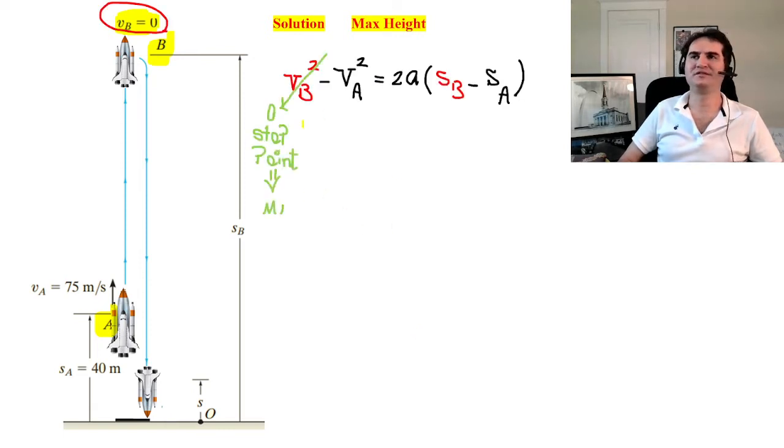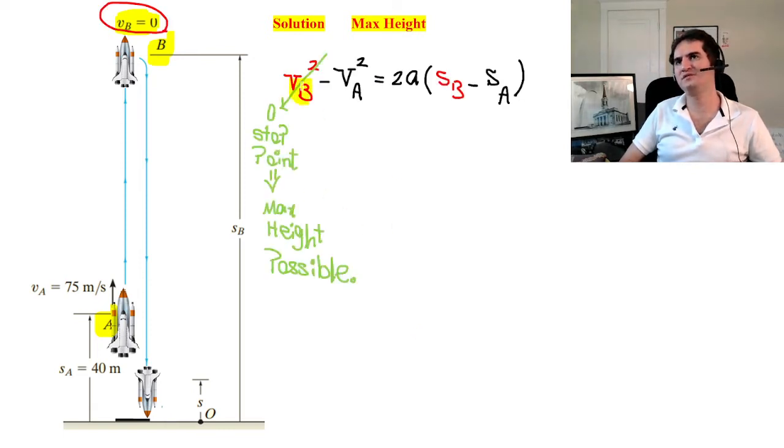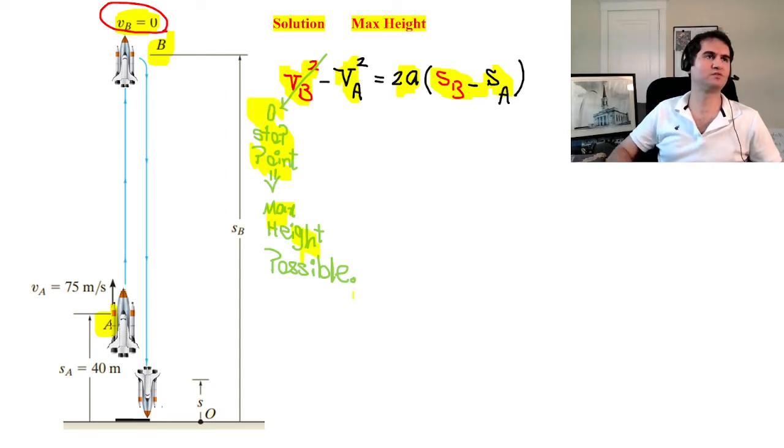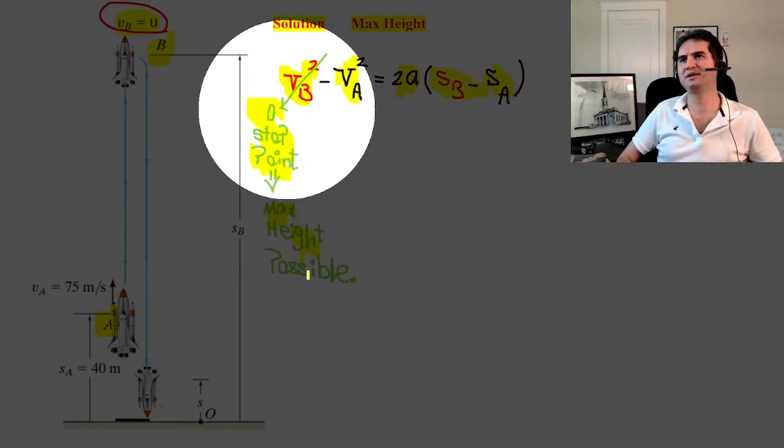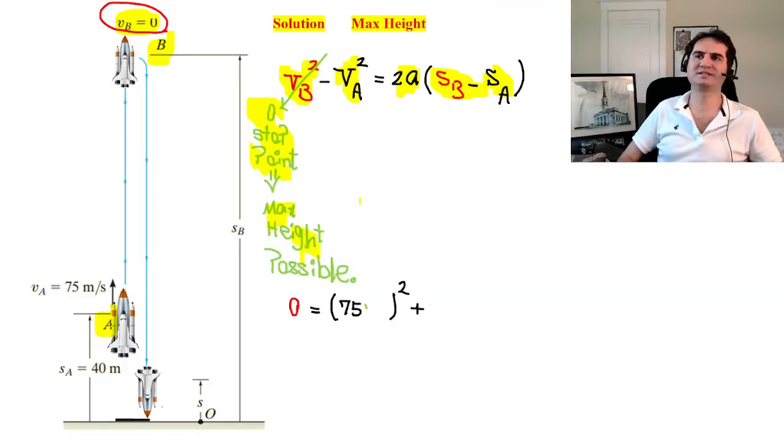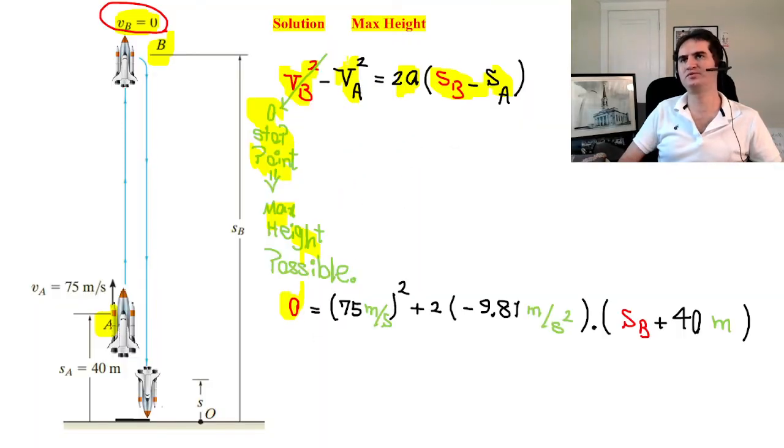So if you solve it with this simple equation, v_B squared minus v_A squared is equal to 2 times acceleration times the difference between their displacements. We know that at this stop point, which is the maximum height, the velocity goes to 0. So if you replace the velocity at B by 0, it gives you 0 is equal to, bringing v_A to the other side,